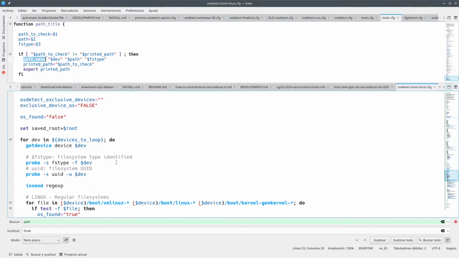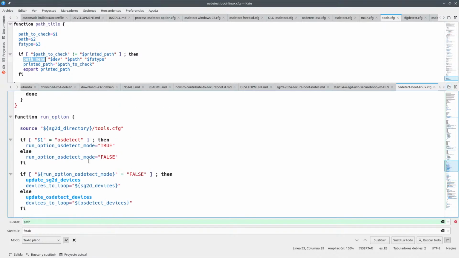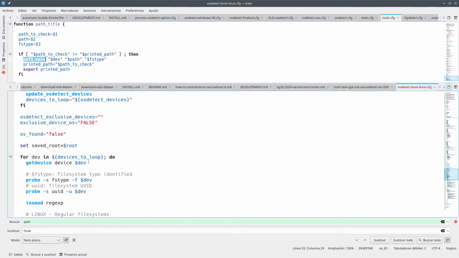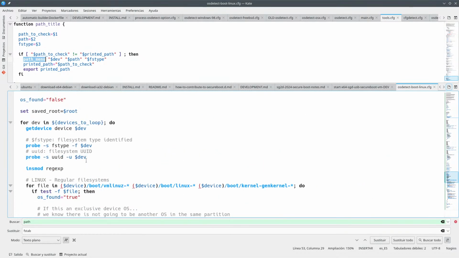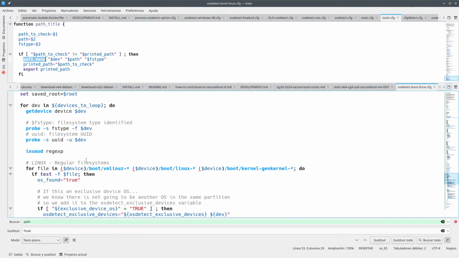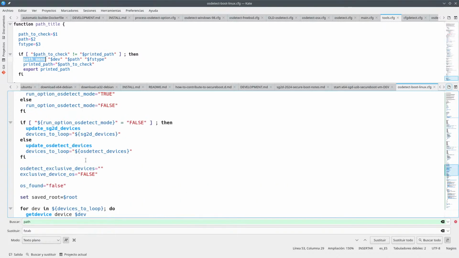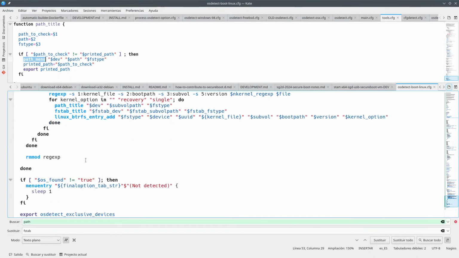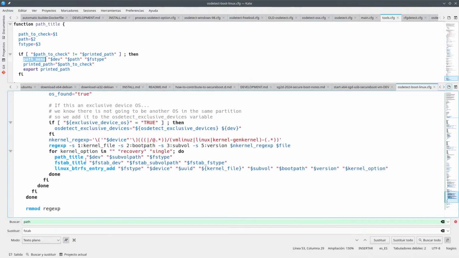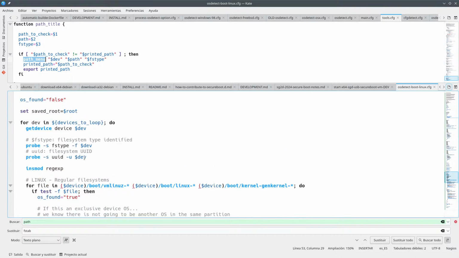So maybe we can actually put all of this loop in one place so that we don't have to deal with this so much, because this is a for loop, which is,